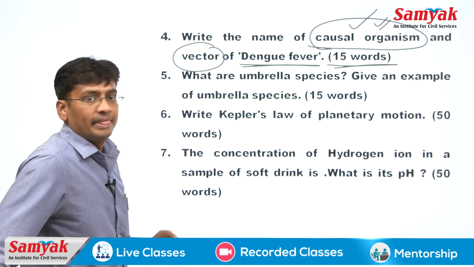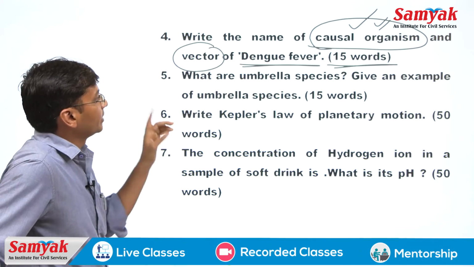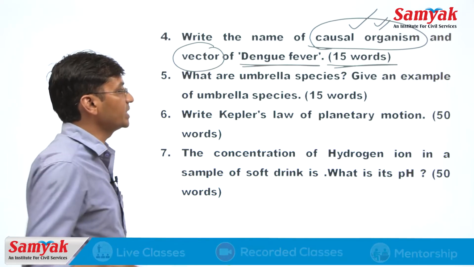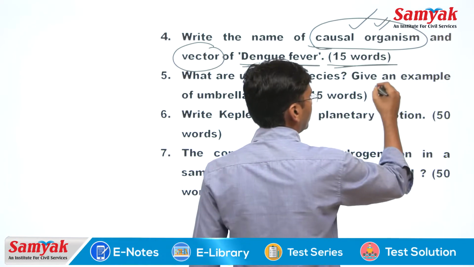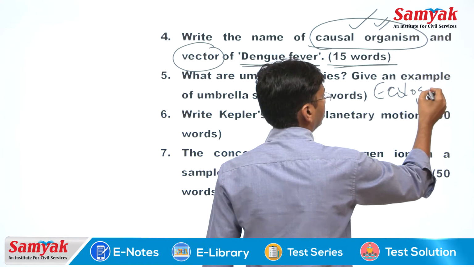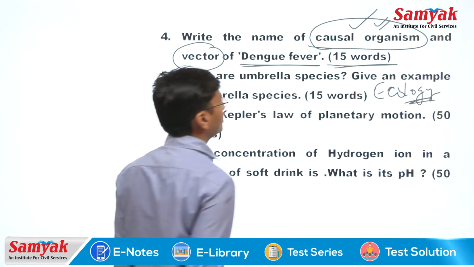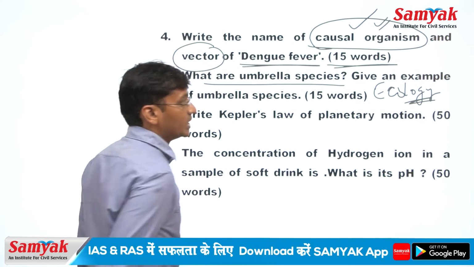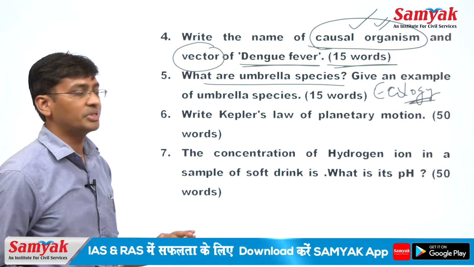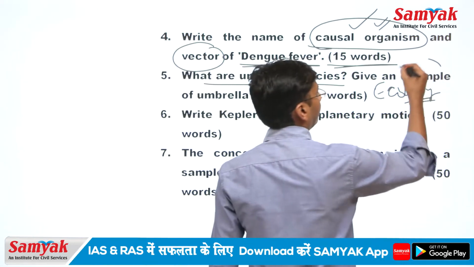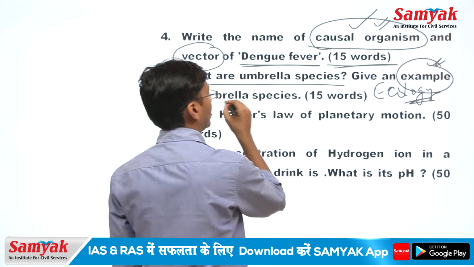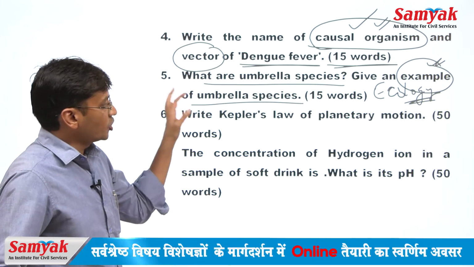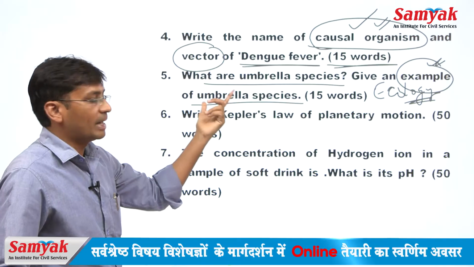Okay. So, for dengue fever you have to answer in 15 words. Second is, what are umbrella species, give an example of umbrella species. This question is related to the ecology and environment part. First question is what are umbrella species. Second is give an example of umbrella species, meaning one example. So, if you understand this topic in detail in ecology,